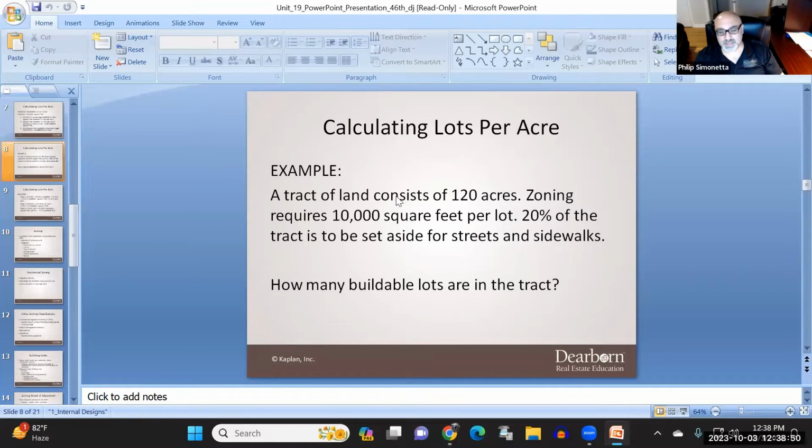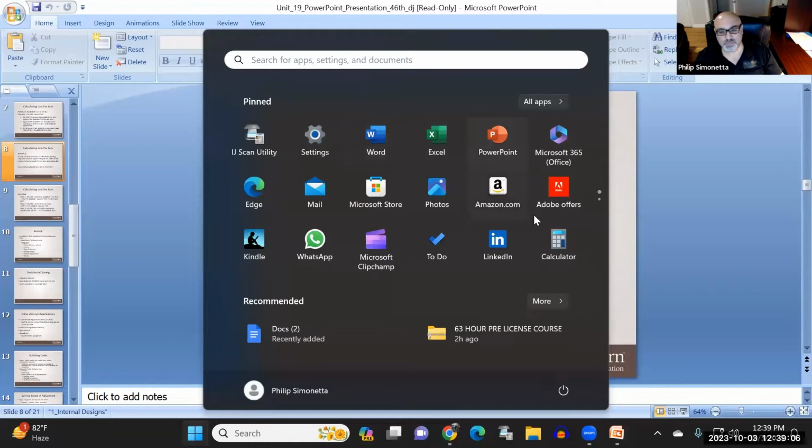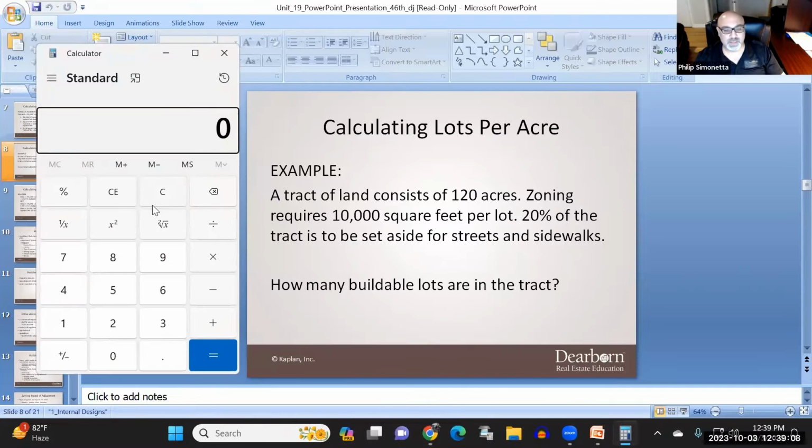A tract of land consists of 120 acres. Zoning requires 10,000 square feet per lot. 20% of this tract is to be set aside for streets and sidewalks. How many buildable lots are in the tract? On this problem, you have 120 acres, right? You can do this two ways.